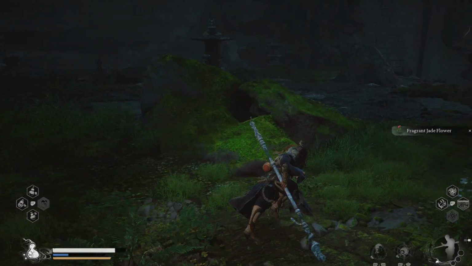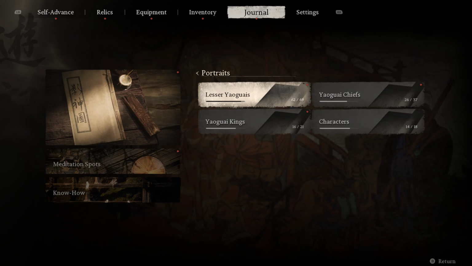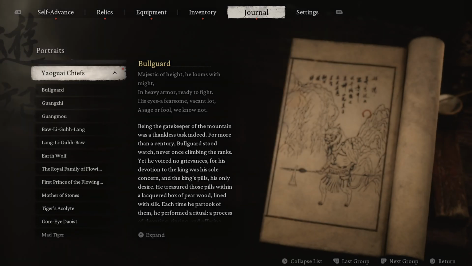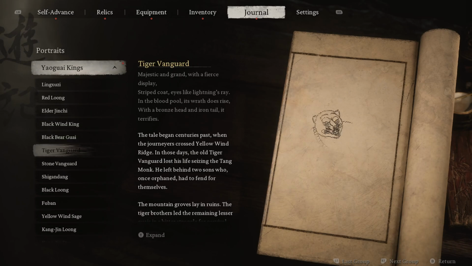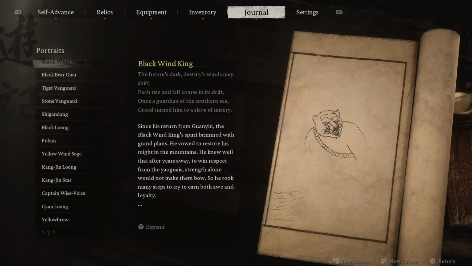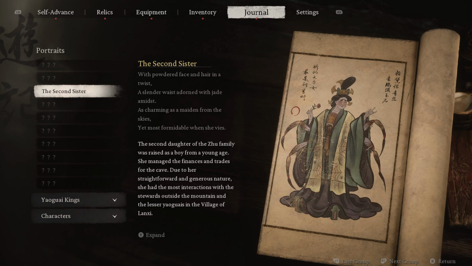What was the name of that boss anyway? I completely forgot its name. I think it's a chief. No, because we have the second sister. Maybe it hasn't been recorded. I think it's not been recorded yet. Well, I completely forget its name, but